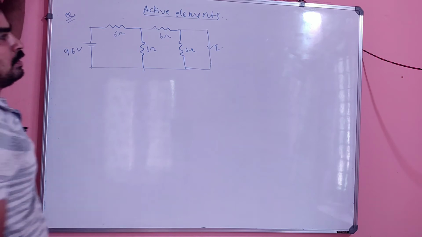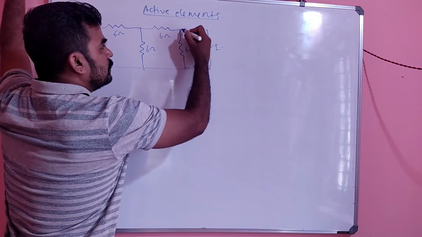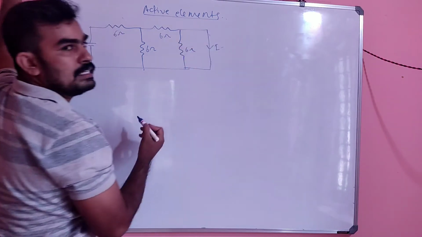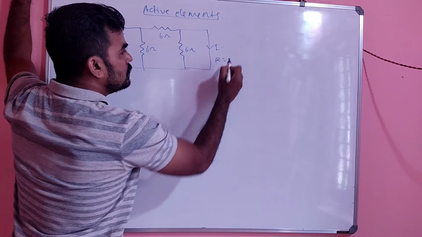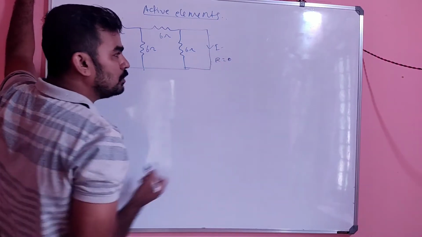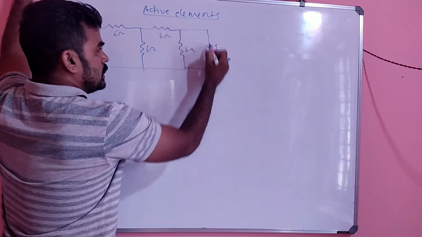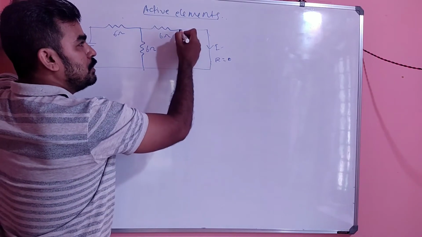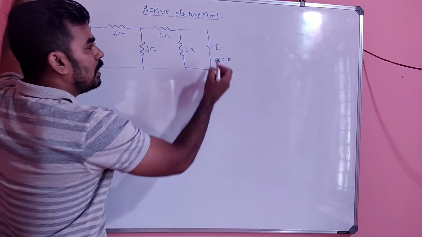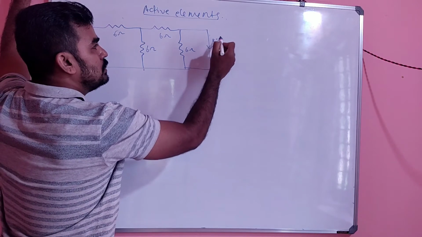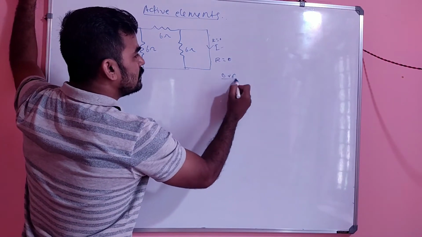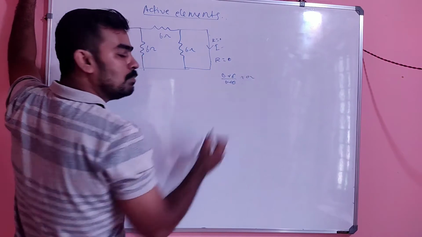Okay, see. This is a short circuit, no? The terminal here to here, it is a short circuit. Short circuit means the resistance R will be equal to 0. This is in parallel with the 6 ohm, no? So, the effective resistance across this and this will be what? The resistance R equal to 0 parallel with the 6 ohm. It will be simply 0 into 6 divided by 0 plus 6. It is equal to 0.